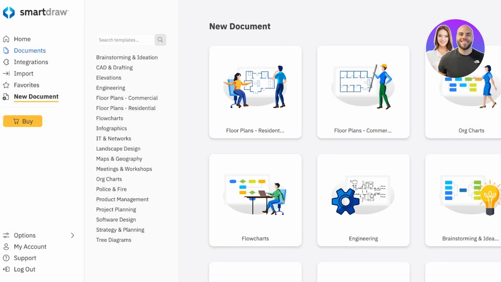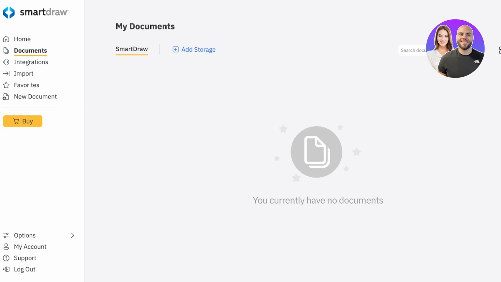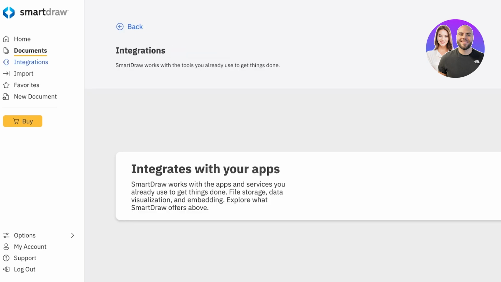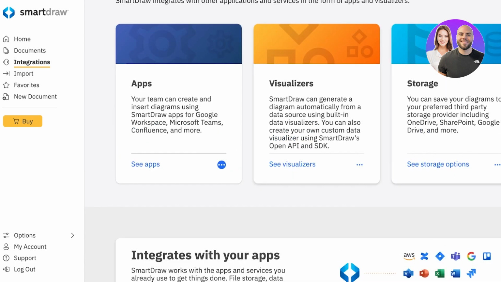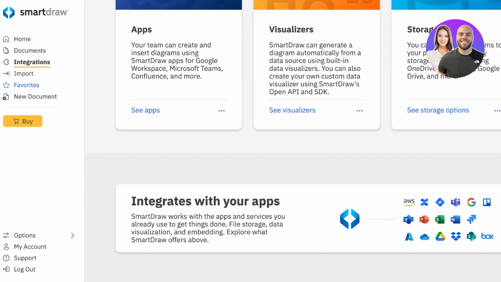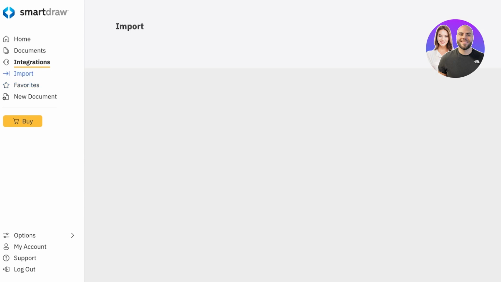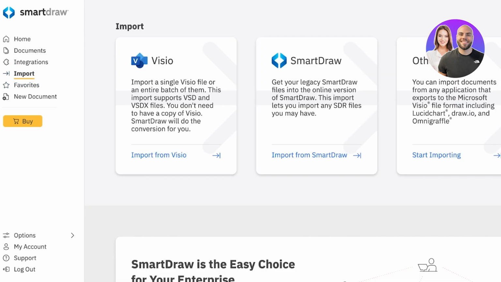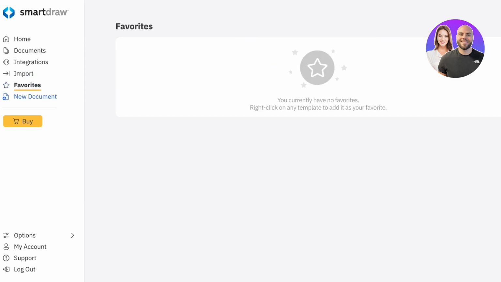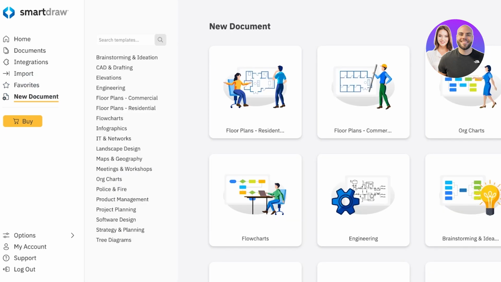Click on Continue. Now over here on the top left, if you click on Add Storage, this will allow you to connect a storage system. This could be your Microsoft SharePoint, OneDrive, Google Drive, Dropbox, Box, or Ignite. You also have different integrations available. These include applications, visualizers, and storage solutions. You can also click on Import to import your data from any pre-existing database. You can also go ahead and view your favorites and then click on a new document to start building your